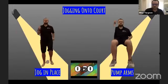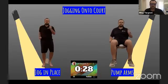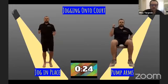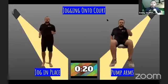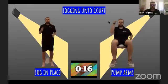And yeah, we're going to get started on that. You have about 30 seconds to do that. Let's see those arms pumping, jumping on and running onto the court. Raina's doing a great job pumping her arms. Good job, Robert. Chris, I love those dance moves, but we're going to actually be pumping our arms forward and